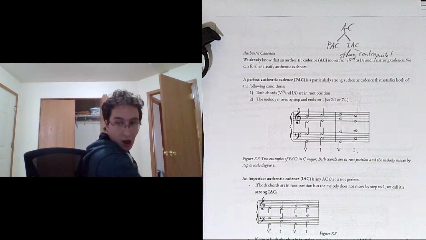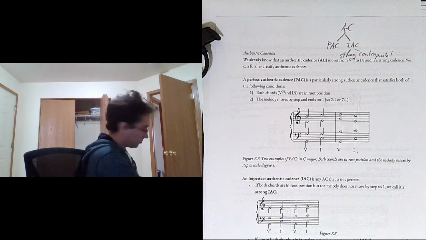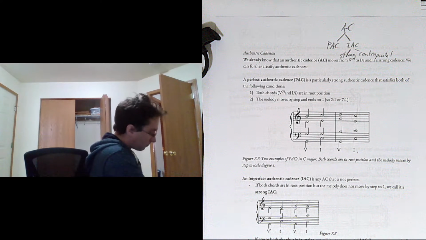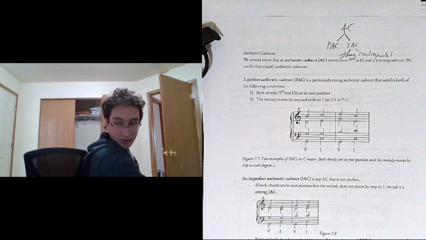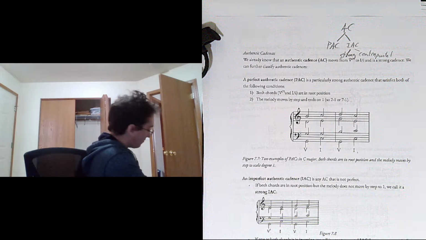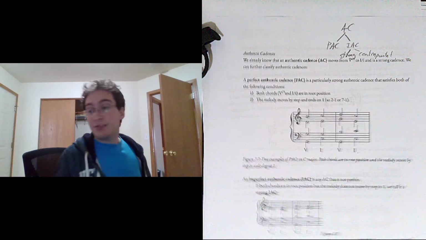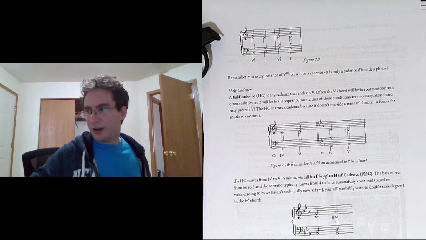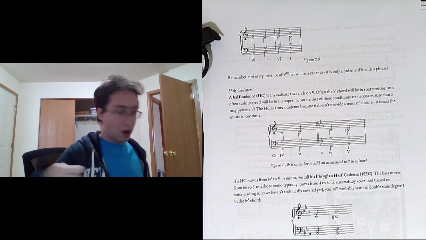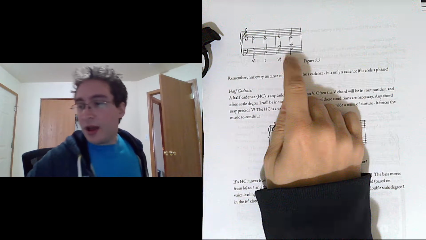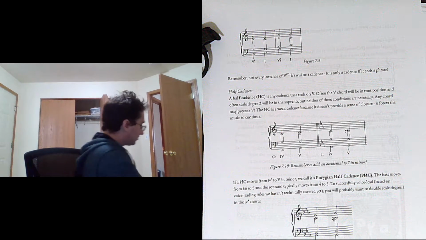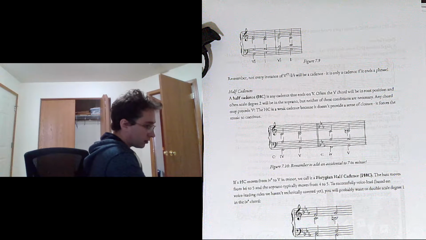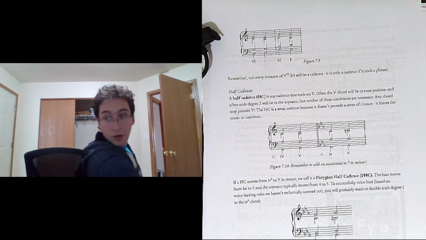It's not going to end on 1. Ends on 3, or it could end on 5. The bass motion is still strong, that 5 to 1. There we go. And then our contrapuntal cadences,